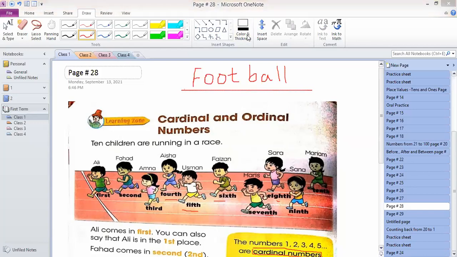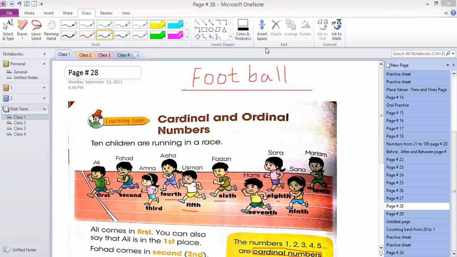I'm going to open your mic, guys. I hope you must have counted. Yes, guys. How many alphabets are there in football? 8 alphabets. Very good. So you will say, sir, this is 1, 2, 3, 4, 5, 6, 7, and 8. There are 8 alphabets. So for counting the number of alphabets, you used cardinal number or ordinal number?